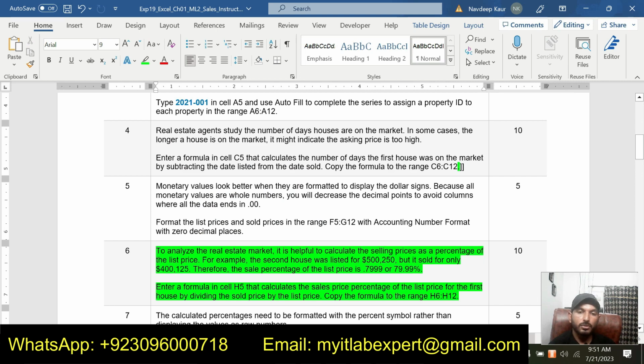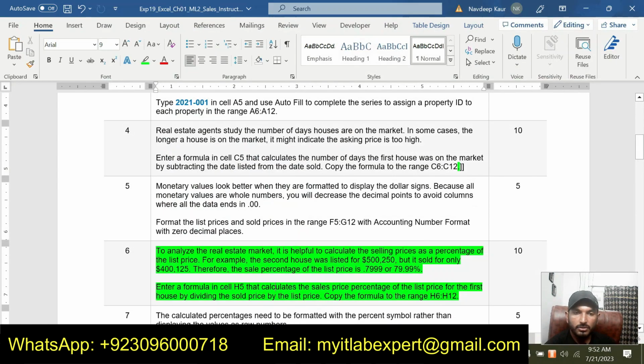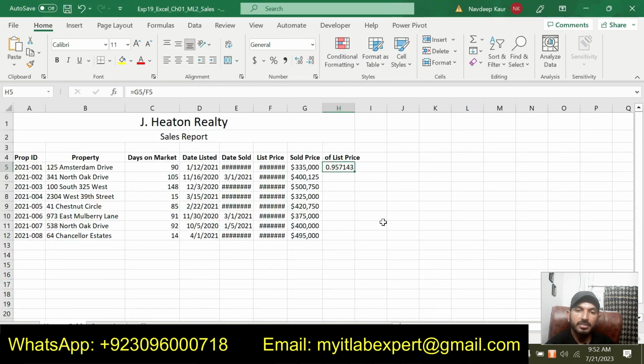So we will simply divide the sold price, that is G5, by the list price, that is F5. So we will simply get a percentage of sales price that we got by dividing the sold price by the list price. And now we are supposed to copy this formula down the column to get the other percentages. So simply use the fill handle to get the other percentages.